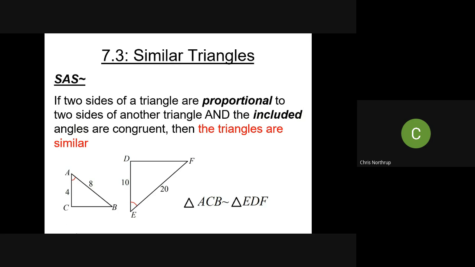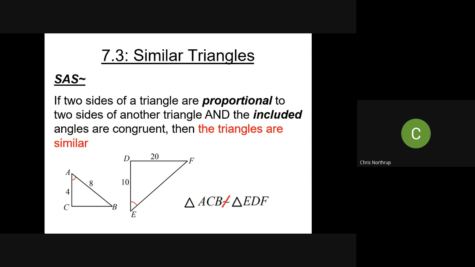Now the included angle is really important. If we move where those arcs are, or where maybe even the segments are, the segment lengths, here I still have proportional lengths. 4 to 10 is still the same as 8 to 20. However, the angle pairs are not where they need to be. So ACB is not similar to EDF. We don't have enough to make that conclusion. So that arc would have to be where D is